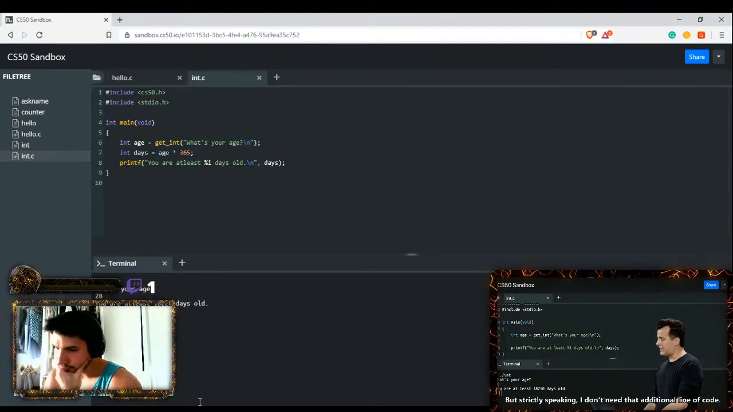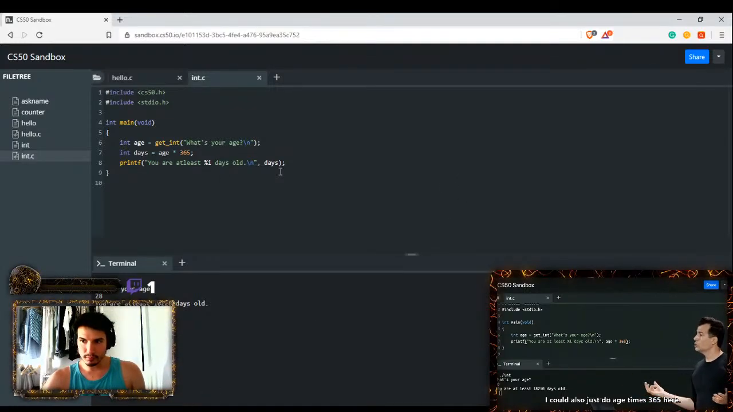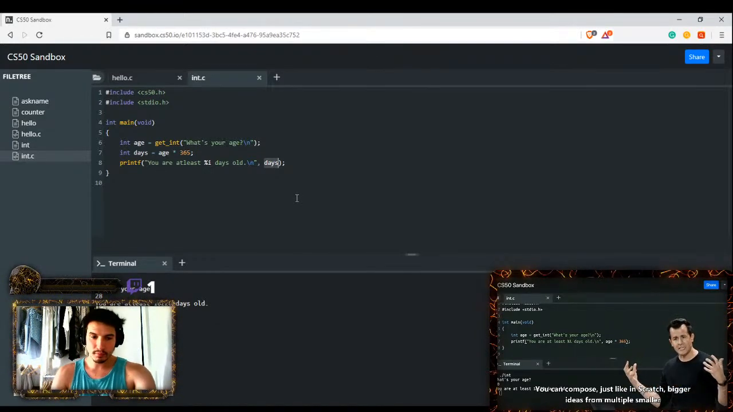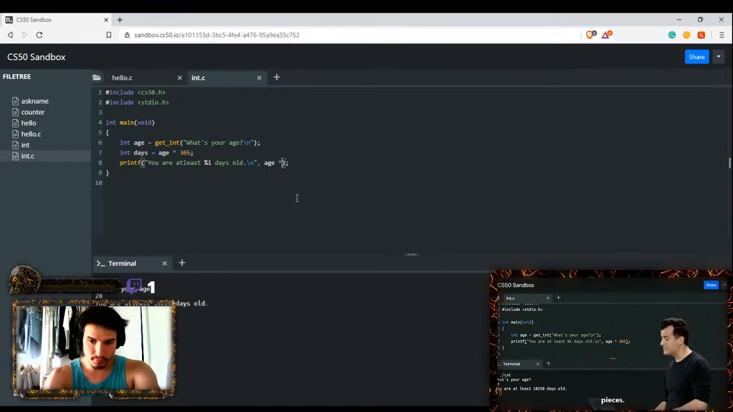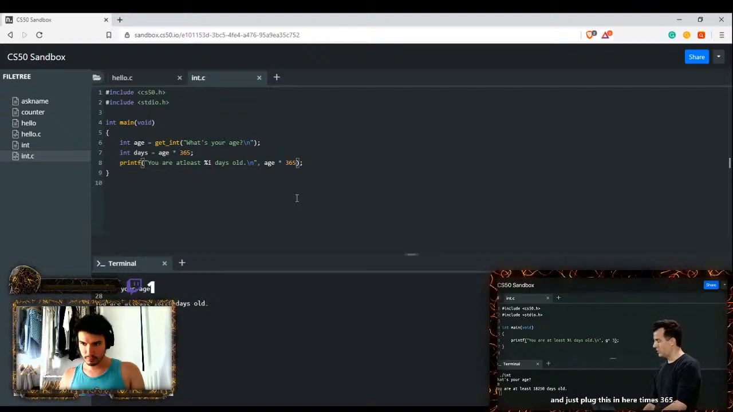But strictly speaking, I don't need that additional line of code. I could also just do age times 365 here. So C is nice like that. You can compose, just like in Scratch, bigger ideas from multiple smaller pieces. And frankly, if I really want to get crazy, notice I can actually highlight that whole function call, so to speak, get rid of the age altogether, and just plug this in here times